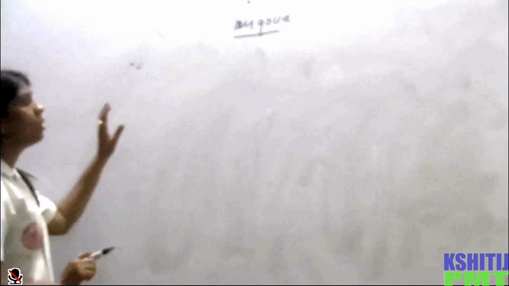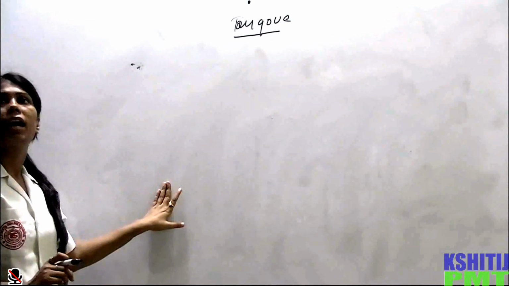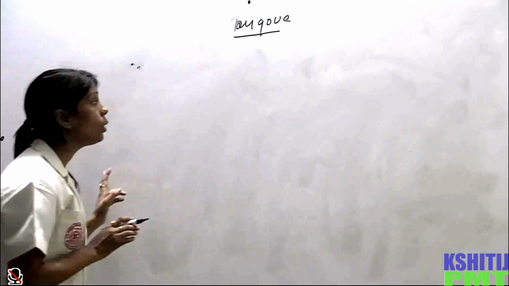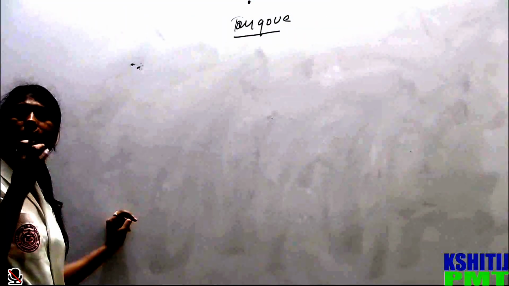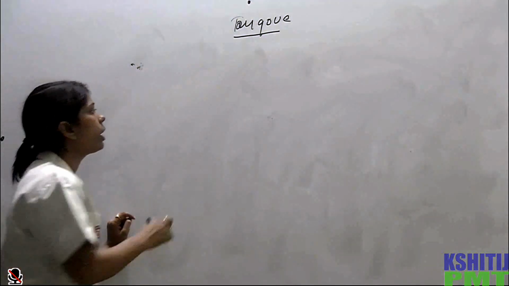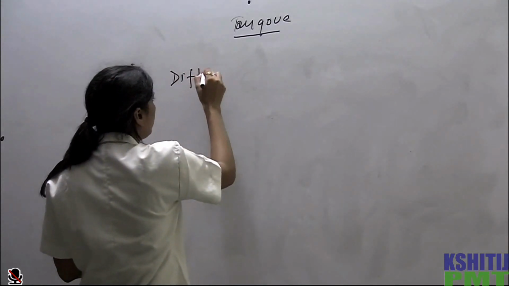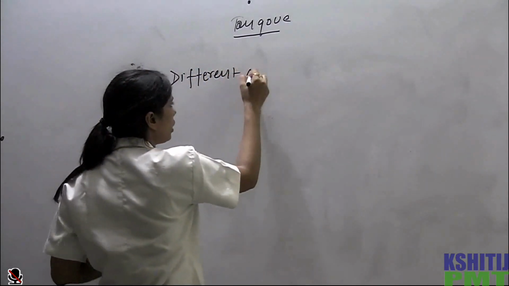Now, here, the taste buds. As I told you, basically the tongue is for taste, right? So how is it helping in taste? They contain papillae, and papillae contain taste buds. So there are different areas of taste. In the tongue we have different areas of taste.